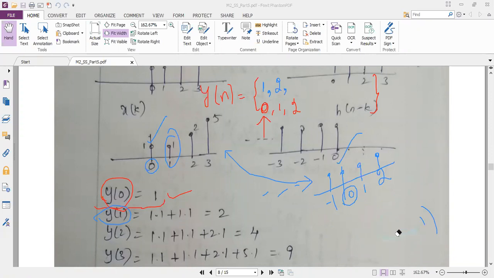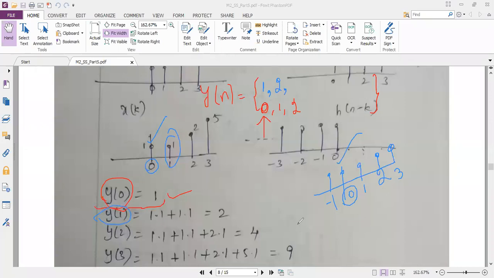To get the next output, I will get one more sample at n is equal to 3. So now if I multiply, I can write 1 into 1 plus 1 into 1 plus 1 into 1 plus 2 into 1 plus 5 into 1. So what is the amplitude now? What is the answer now? 9. Okay. You can ask me a question, ma'am. How long are you doing this shifting process? Let us see. We will further proceed.